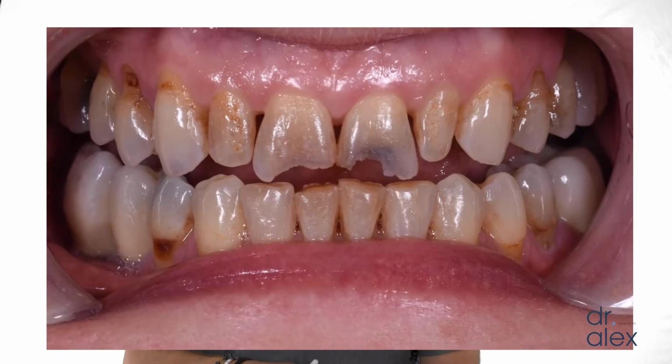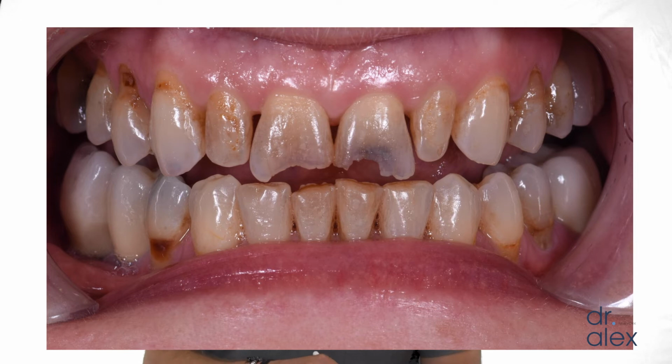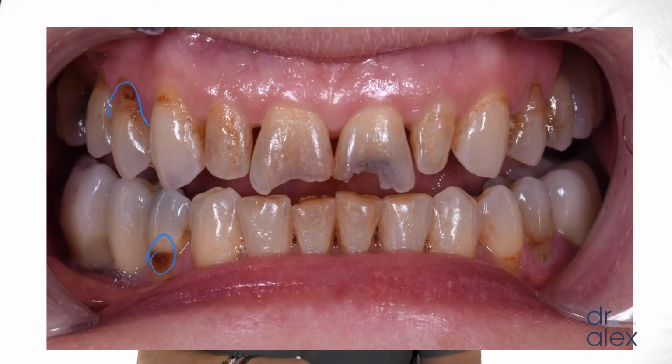So here's a few things that are going on. You can see when you raise the lips, there's a few other things going on. It's like removing the curtain. So you see a lot of this decay and recession in areas where we will now fill that in with porcelain and provide a patient with a night guard after the treatment to make sure that there's no forces being put on the teeth that can't be handled, and also going through a really amazing oral hygiene routine,